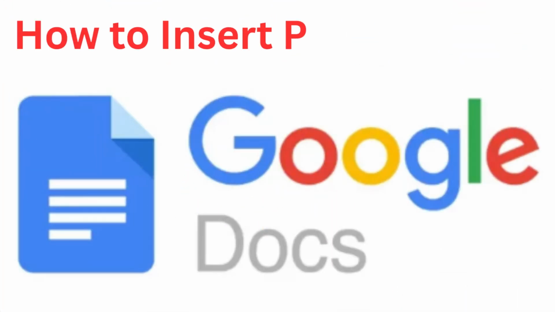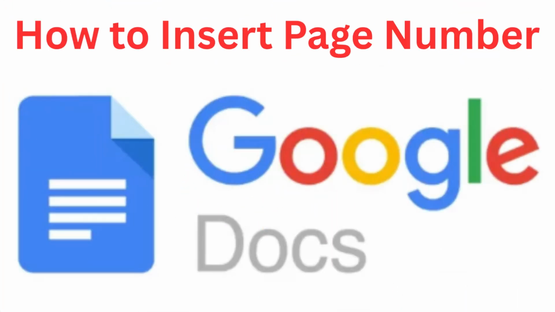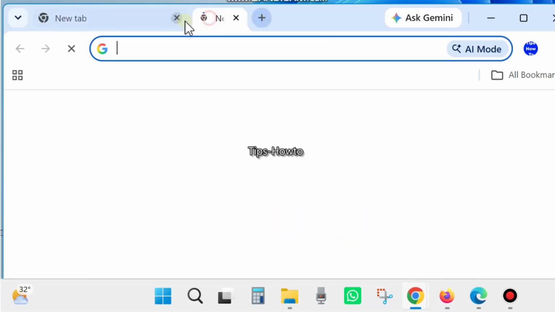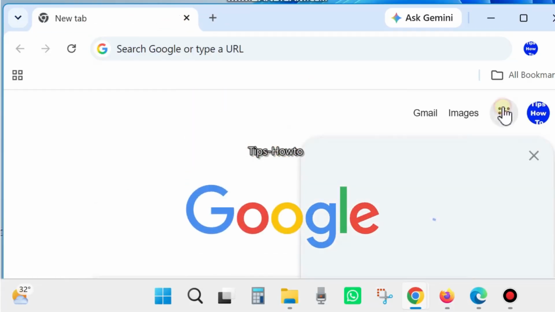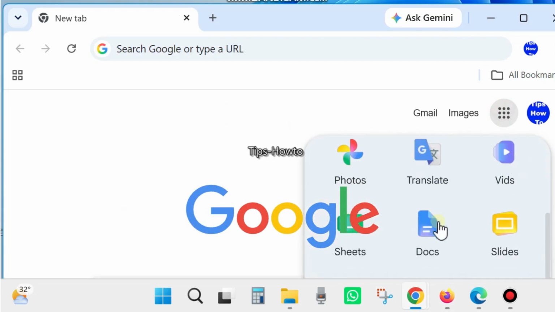Hi guys, in this video we will see how to insert page number in your Google Docs page. If you want to insert a page number in your Google Docs page, then here is the process. Open Google Docs